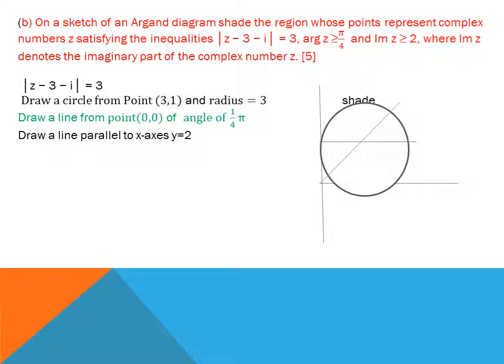In question number 5, the curve with equation y is equal to e power minus 2x ln of x minus 1 has a stationary point when x is equal to p. Show that p satisfies the equation x is equal to 1 plus e power 1 over 2 times 1 over x minus 1, where x1 is equal to 0. At a stationary point dy by dx is equal to 0. You should always put 0 when there is a stationary point, turning point, maximum value, or minimum value.